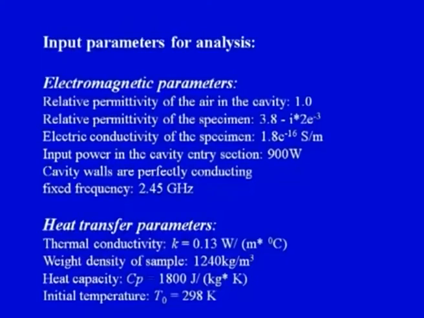So here our purpose now is to form a good quality joint or good quality bond between the two composite adherents, and the source of energy is the microwave energy. So quickly we will see the type of output that we will get. Now in one of the steps we have to specify the data for analysis. So here we have to put electromagnetic parameters and the heat transfer parameters as the input into the model, so that the model gives us results which are close to the experimental results. We will not discuss these points, these are some of the parameters which have to be put as an input into the model so that we get the desired output.